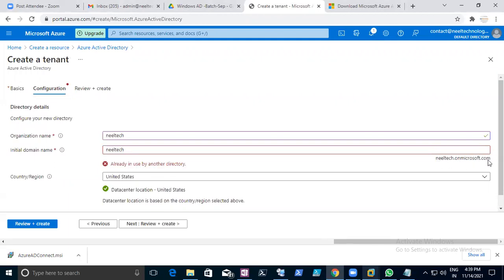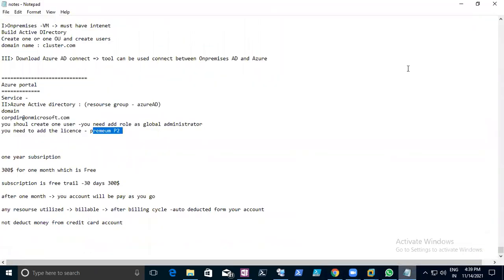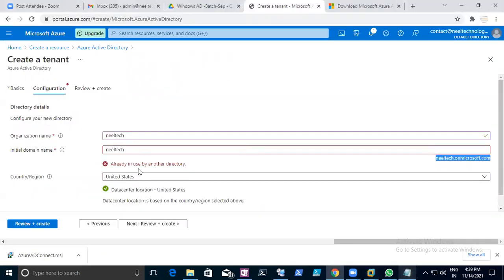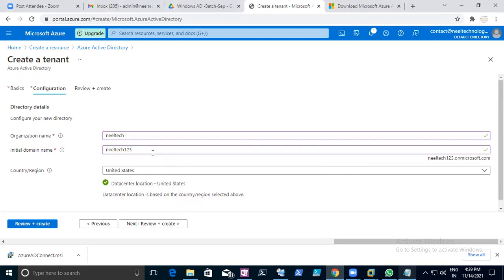Remember this. I'm giving this name here. It is not available. Okay, already used. Neil Tech is already taken. What else can you take? Neil Tech 123. Neil Tech Corp. Let's see if this can be taken. It's taken.